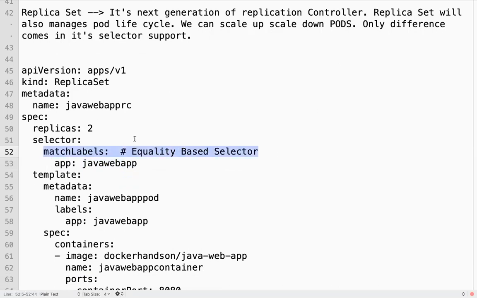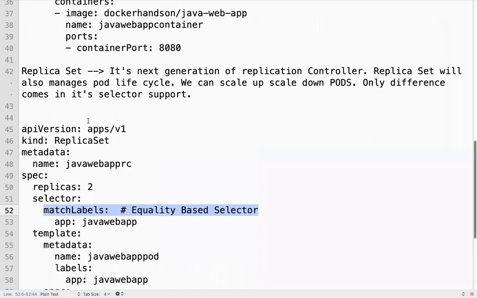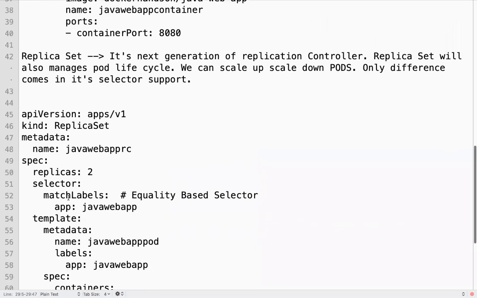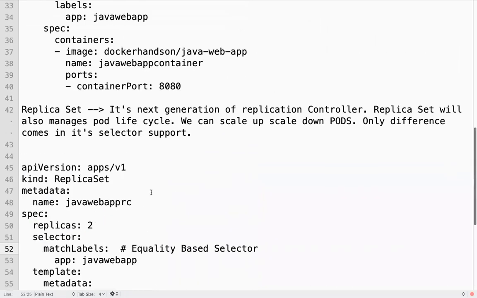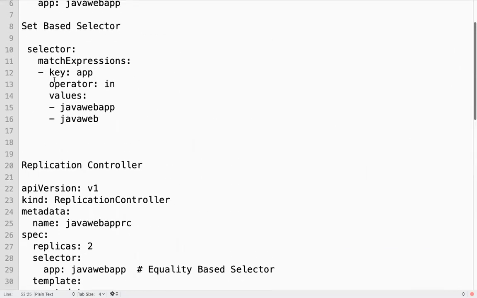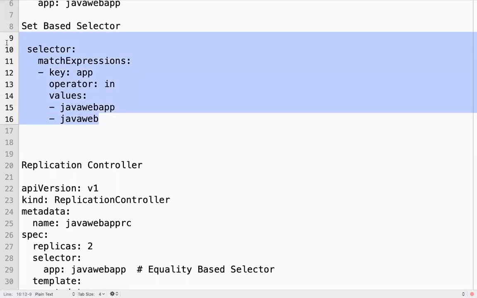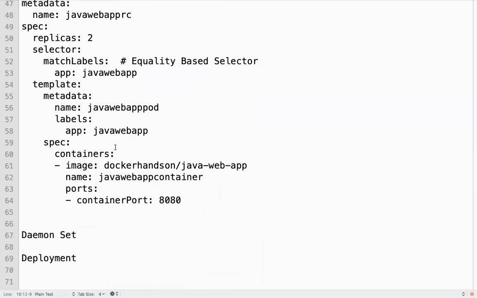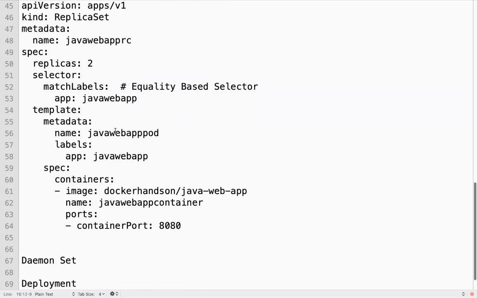This is the equality based selector in a replica set, whereas in a replication controller we just define it directly under selector. Or if you want to use expressions, you need to use matchExpressions. This is the only difference between replica set and replication controller.